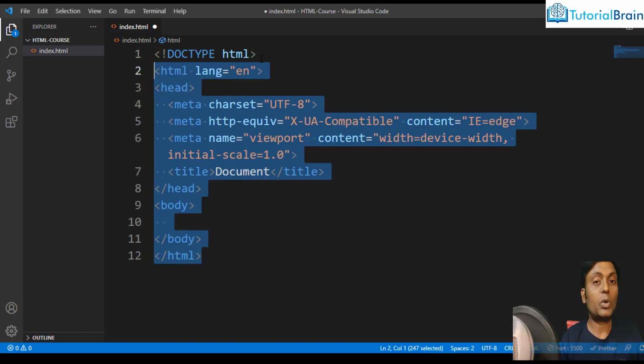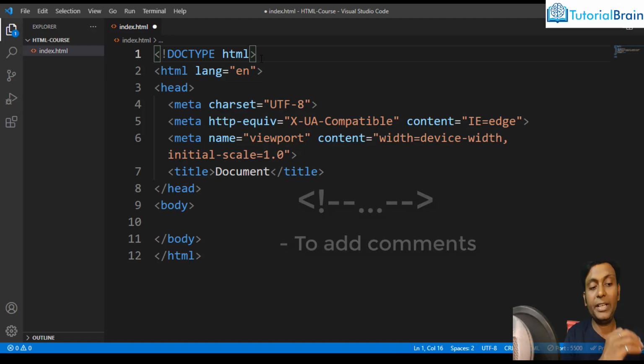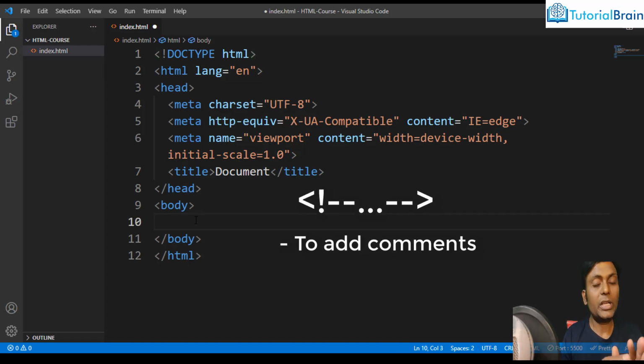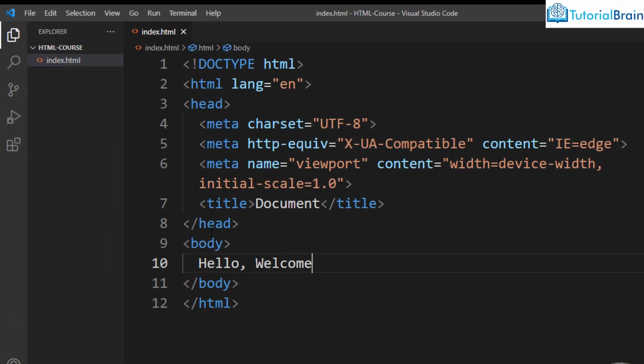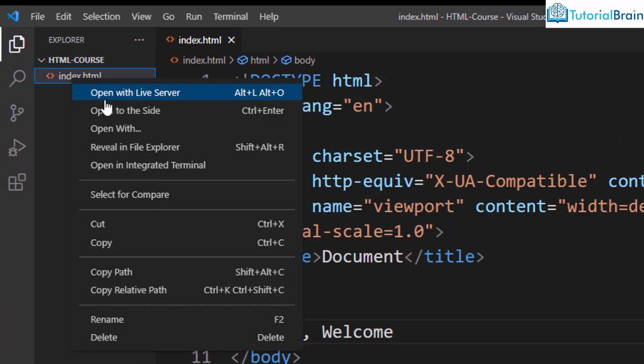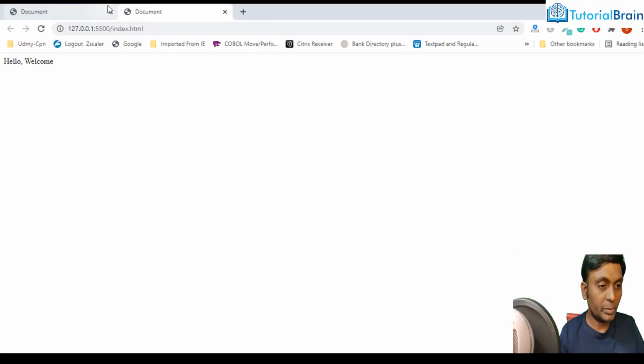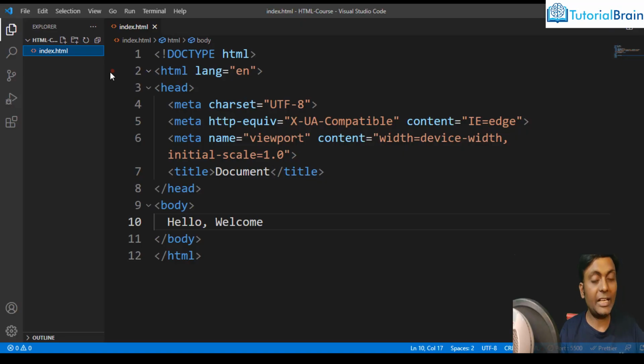Now the next tag I want to show you is the comment tag. We know that the major portion of what we write goes inside the body tag. So let's say I just write here hello, welcome, and save this. Let me open this with live preview or live server, and close the previous one. You see in the output we get hello, welcome. If I want to give a comment so that a peer coder can understand what I wanted to code here,